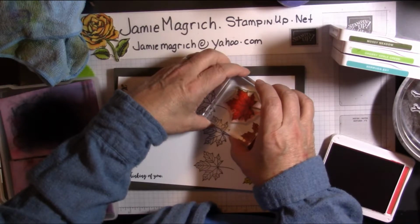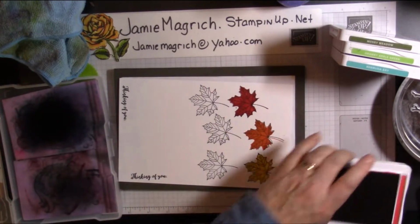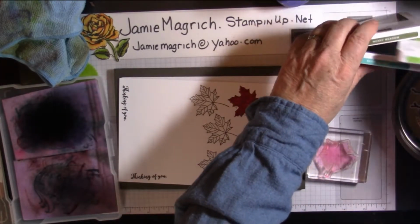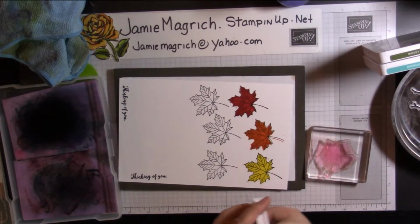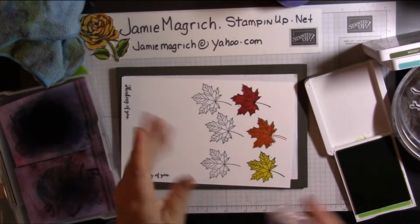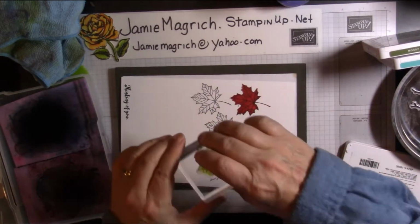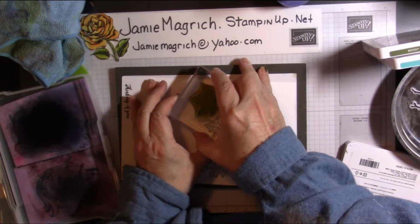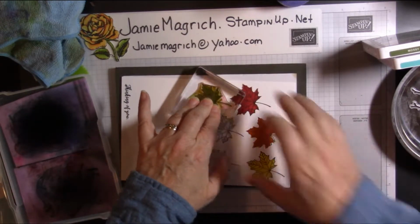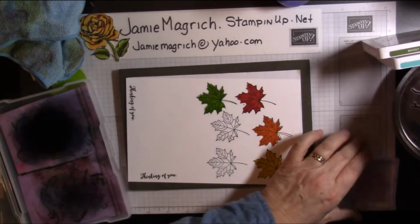Take my time and line it up. Okay. Let's go with a granny apple next. Clean the stamp a little bit better. Stamp, Mossy Meadow,